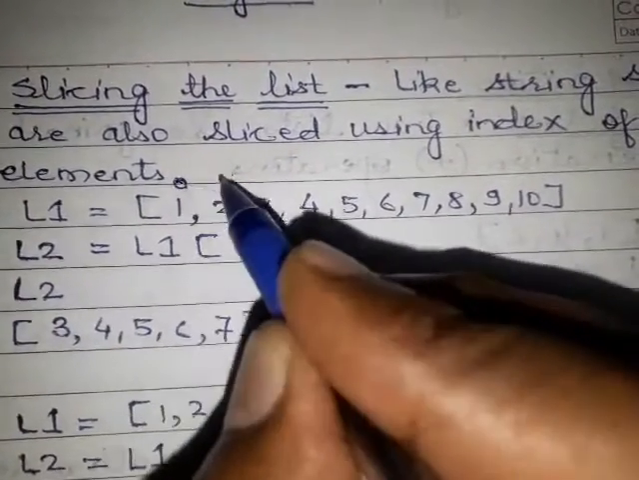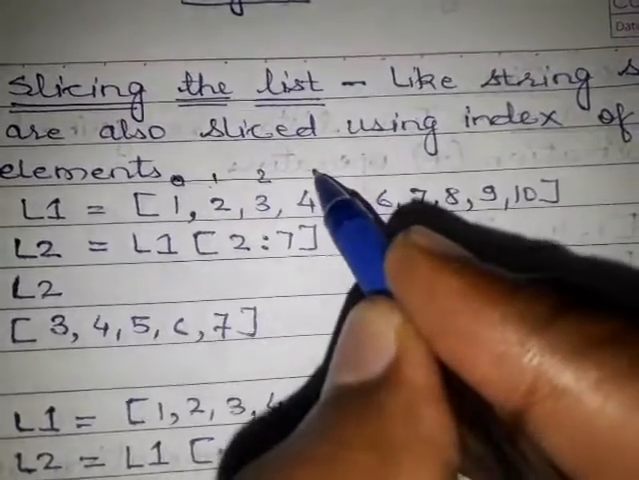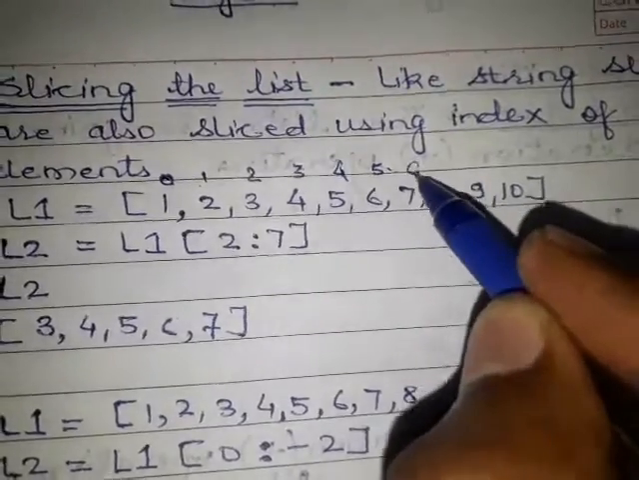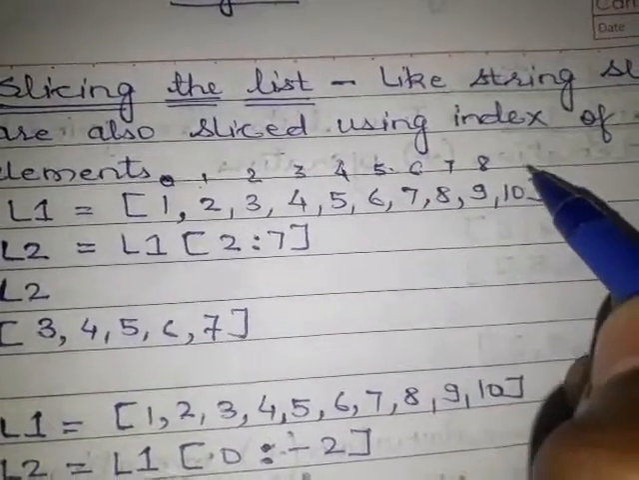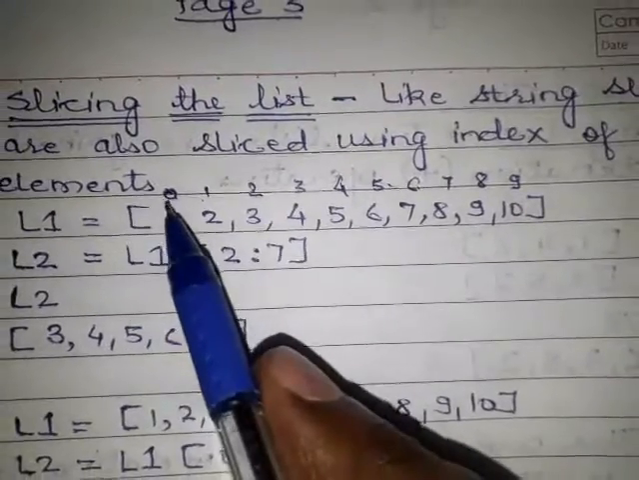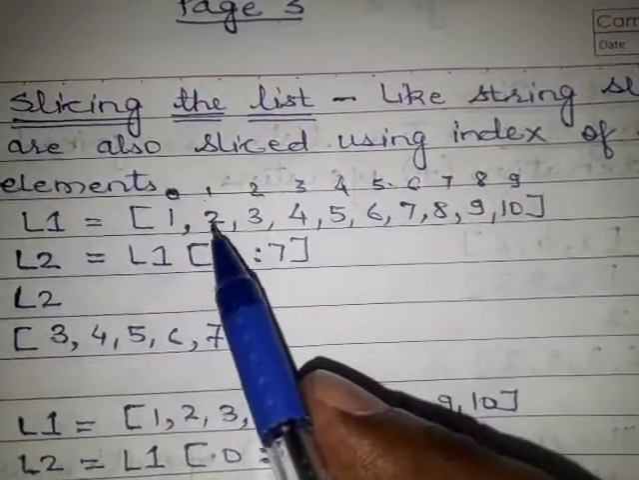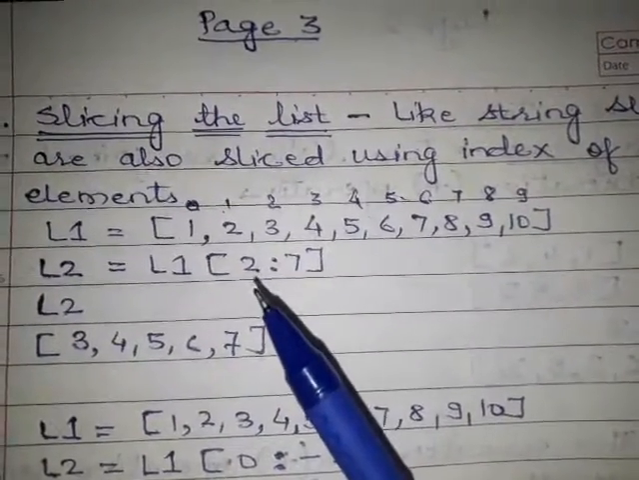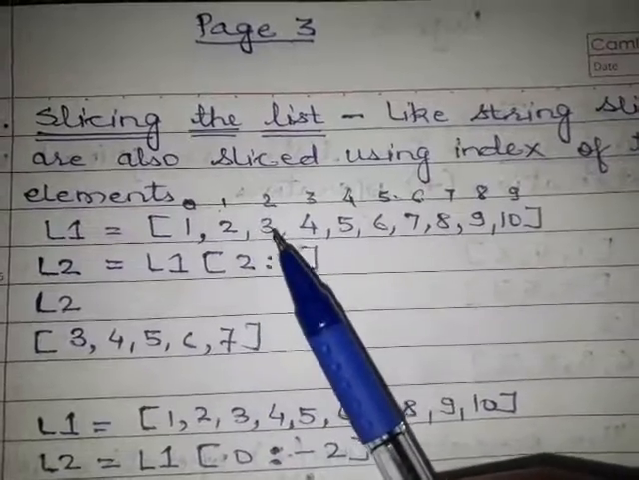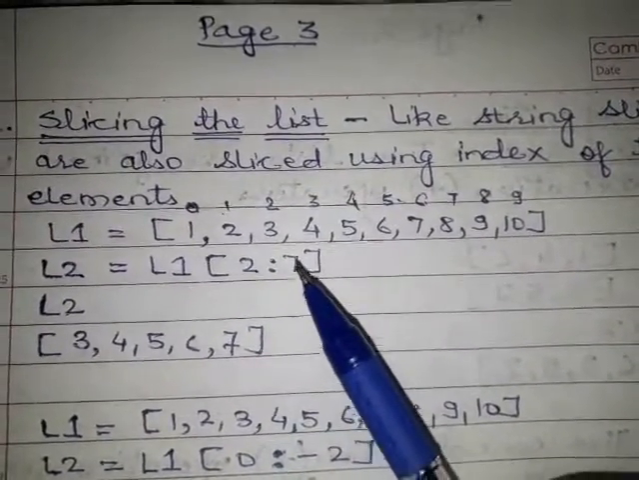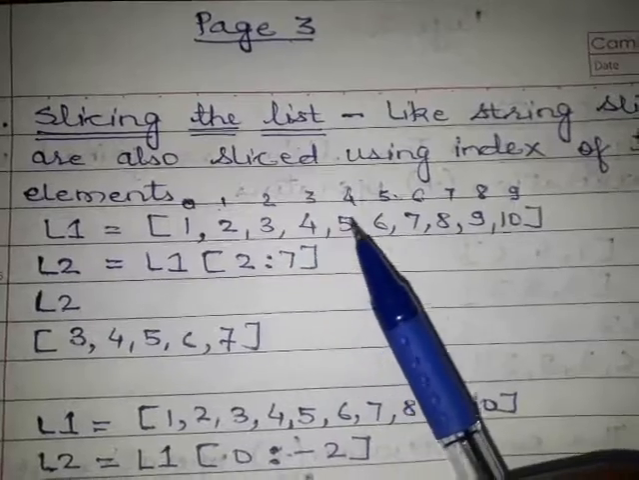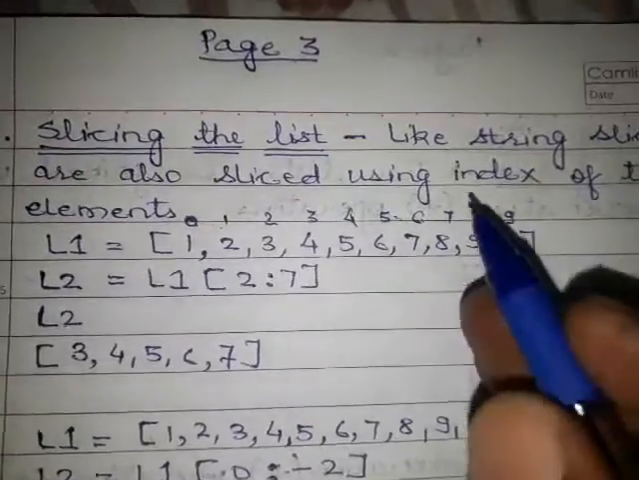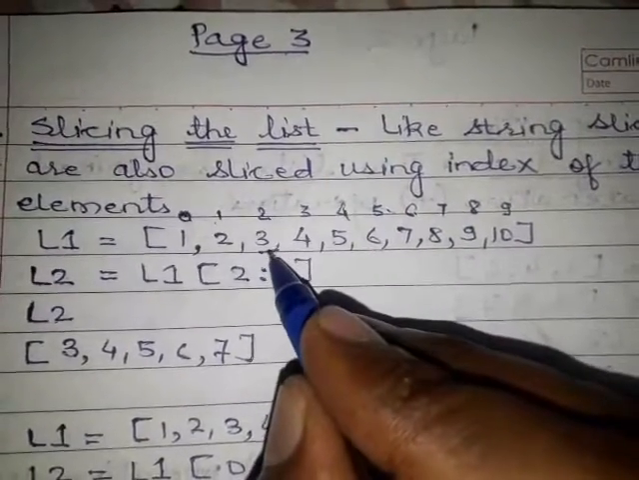So that is 0 index, 1 2 3 4 5 6 7 8 9. Indexing starts from 0, so the first element has 0 index, the second has first index, and the last element has 9th index. So we have to slice, we have to start from 2, 0 1 2, from 3, okay, and 7, 2 3 4 5 6, 7 is not included, so we get the sliced portion from 3 to